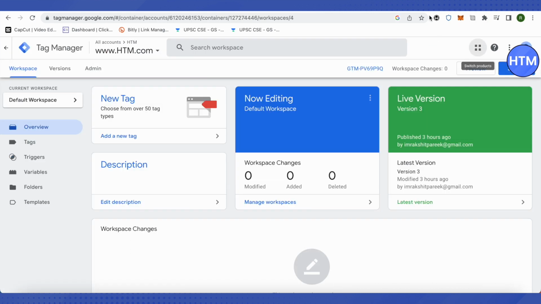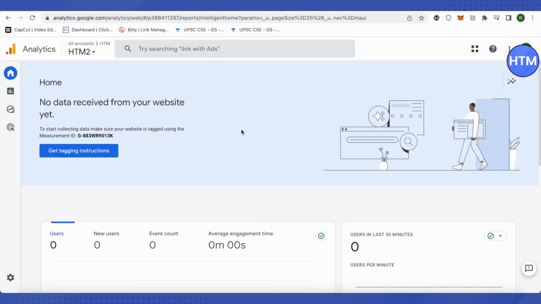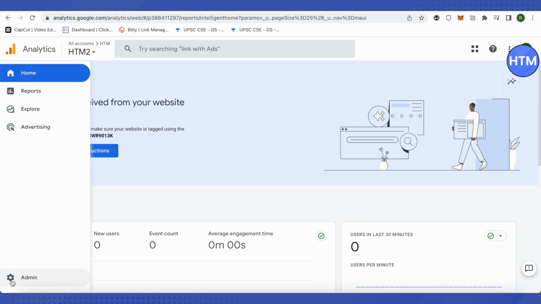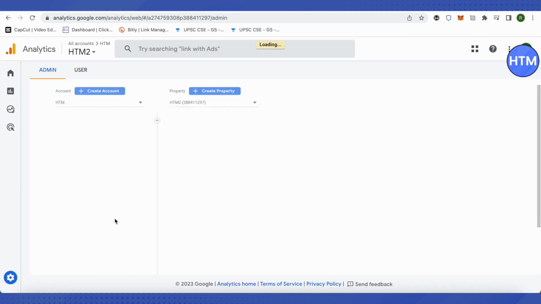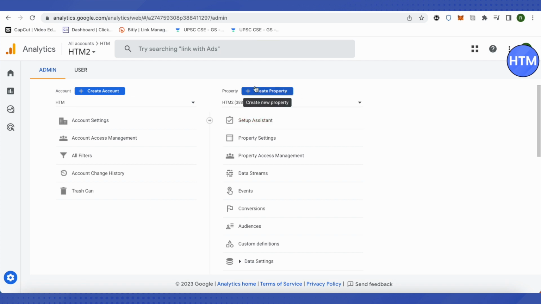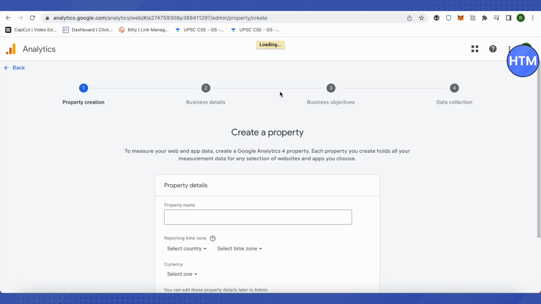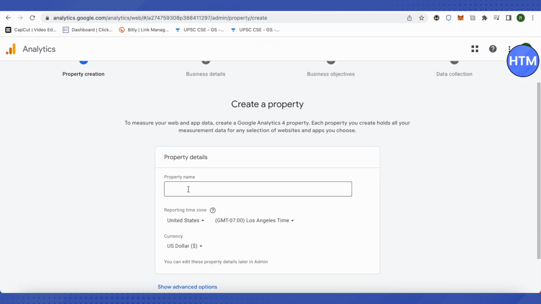First of all, we need to open up Google Analytics, and after that we will go to the admin section over here, and here we will see this option of create property. We would be just creating a property as a first step, and over here we need to provide the name of this property. You can provide it according to your needs and requirements. I'm just typing it as HTML test